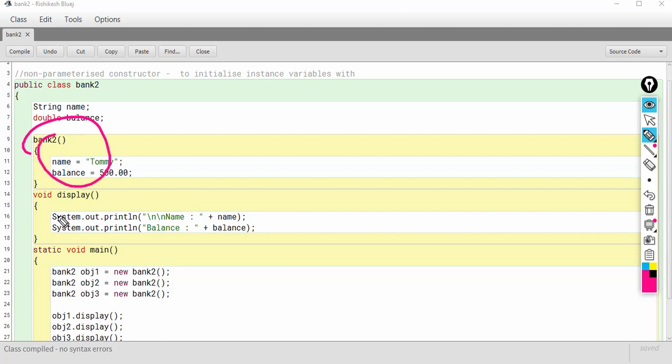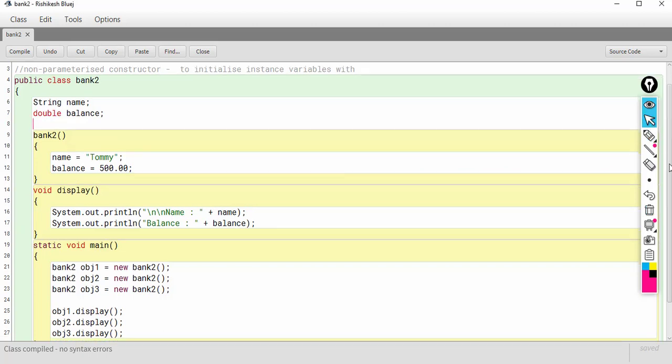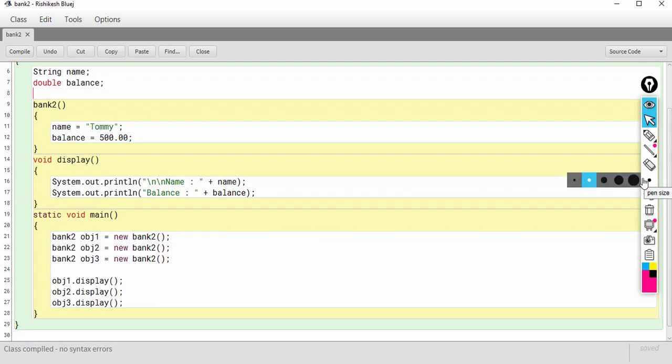The constructor and all the functions cannot work until the main function starts, because the main function is the driver function. It's the engine of this program. Now we need to understand what's happening in the main function and then follow the statements in a sequential manner. So in the main function, the first line we are creating an object obj1,